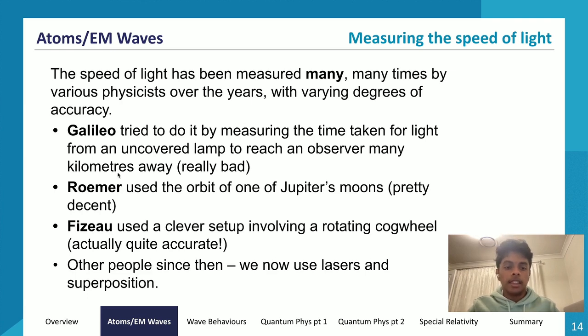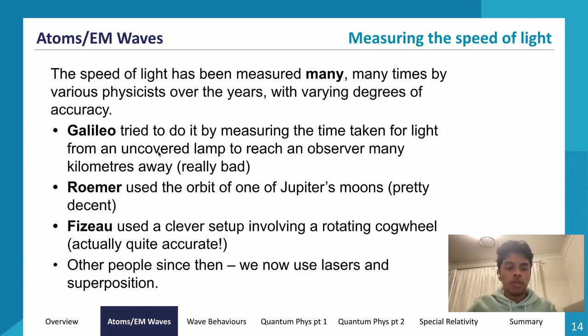So the validity of his experiment was very, very bad, because one major error is human reaction time, right? And human reaction time itself is going to be like 100 or maybe even 1,000 times more than the time it takes for light to travel that 2 kilometer distance, right? So the value that he got was approximately 10 or 100 times faster than the speed of sound. So it was very, very inaccurate.